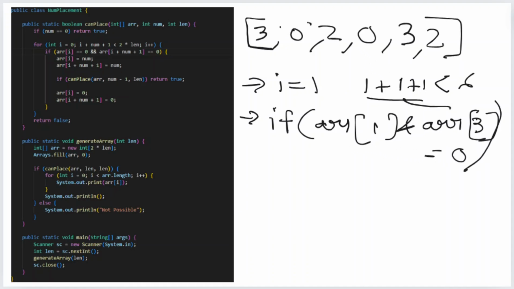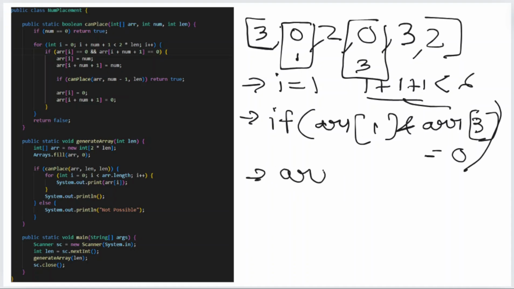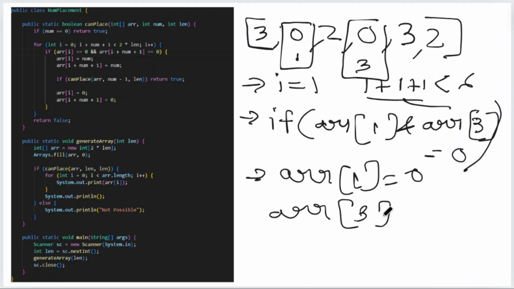So we can see the second and fourth positions. With 0 indexing, it's just index 1 and index 3, both are empty. So we can successfully place 1 at both the places. After placing the two elements, the array is looking something like this,